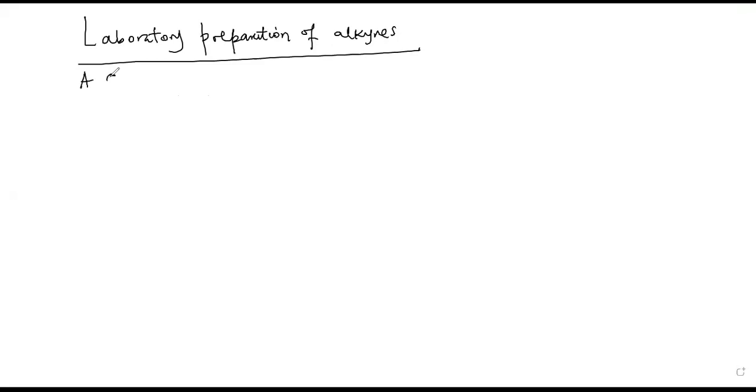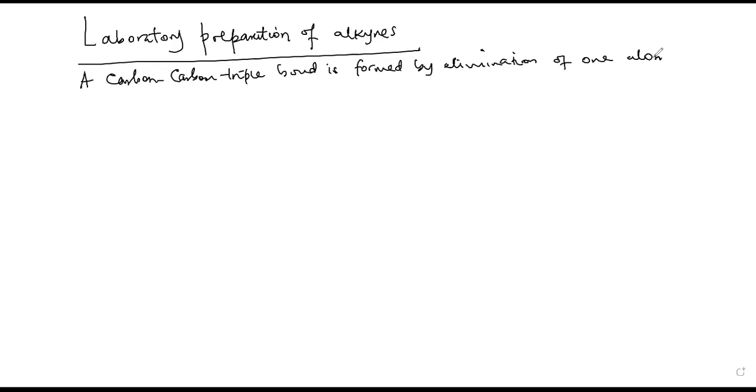Let me first put an introduction: a carbon-carbon triple bond is formed by elimination of one atom or groups of atoms from